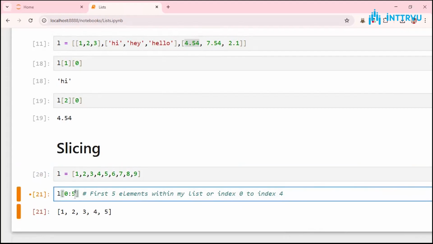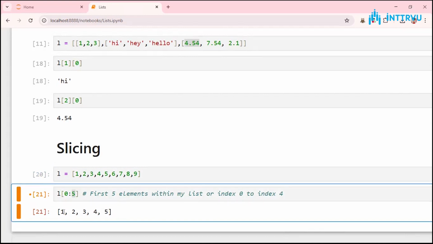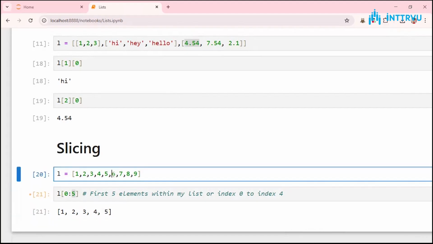Excluding the 5th, you will get the output. So 0, 1, 2, 3, 4. That's all you'll get. You're not gonna get the sixth element,